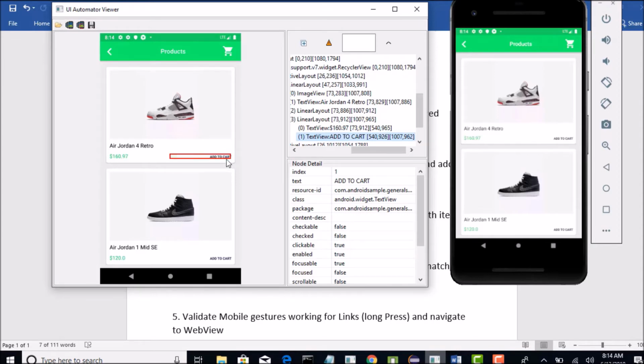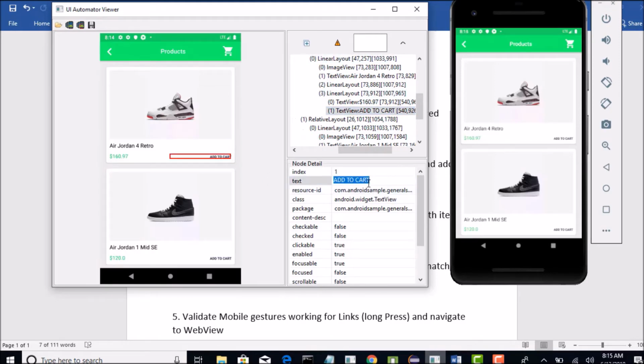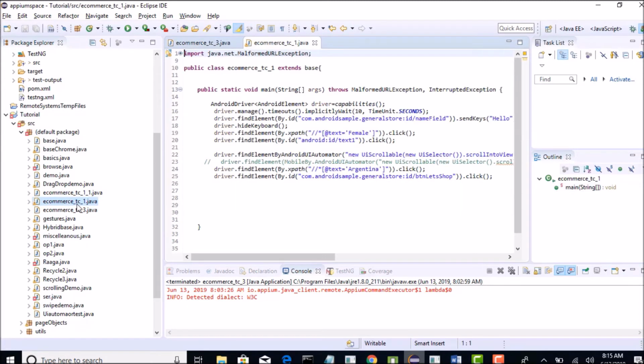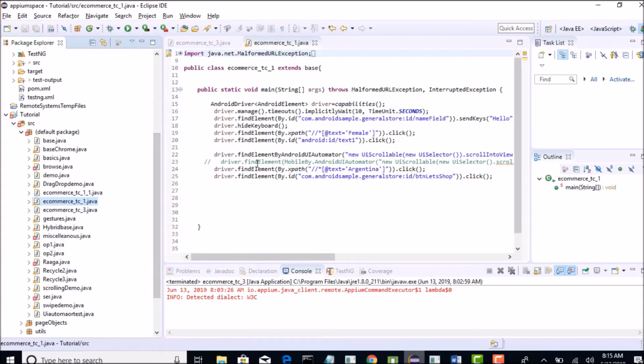So I need to select add to cart for the first two products. I have a text called add to cart. I can say driver dot find elements plural by XPath with add to cart, so that I can click on get of 0 and get of 1, so that both will be selected. This is our first assumption. Let's start our testing then. I will again copy the base test which we have, that form filling.